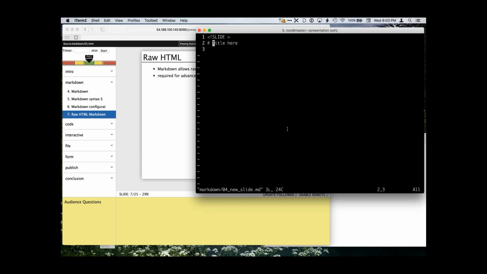And here I'll show you how you can customize how you want things to look. So custom styles.